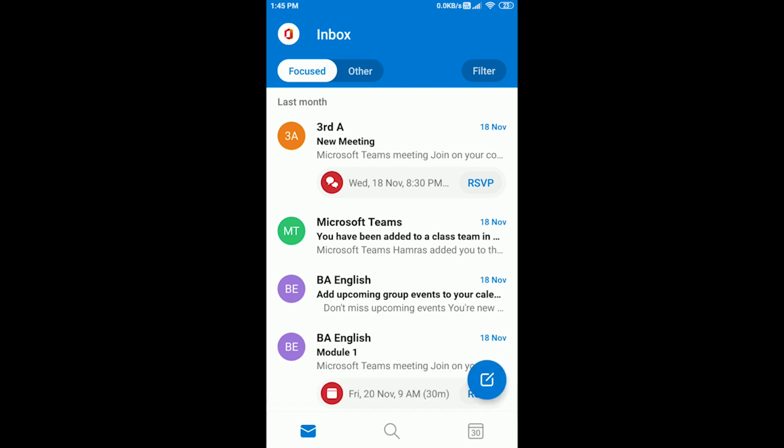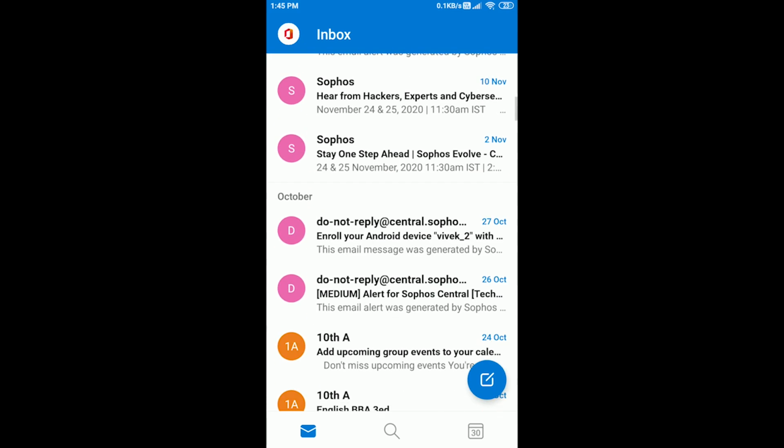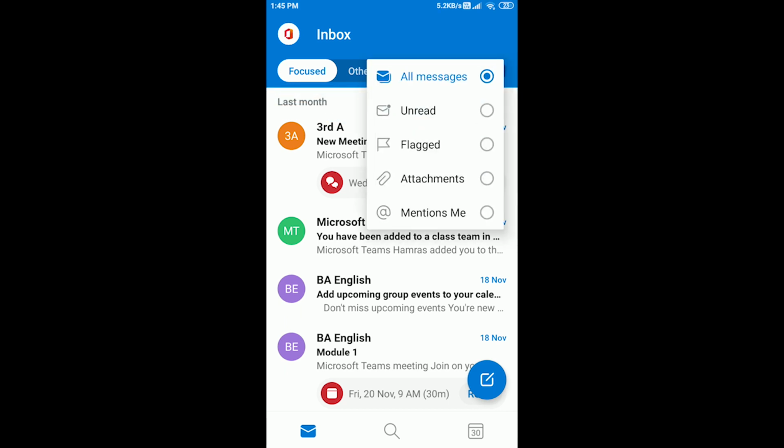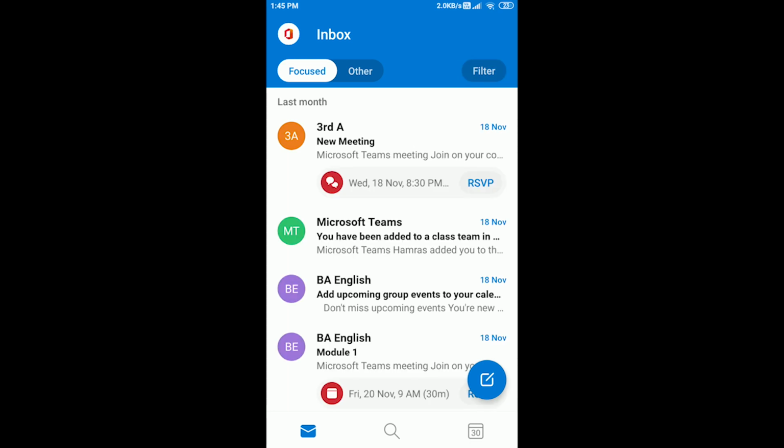Okay, so in the upper part we can see the filter option. With the filter option we can filter the mails as we like. Here we can see the unread messages. Just select that and we can see all the unread messages I got. Or otherwise, select the filter option and choose which kind of things I want to see, like attachments. If I select attachment, I can get the attachment mails from here. So this is how we use the filter option to find the kind of mails we want and get them fast. So use that option also.